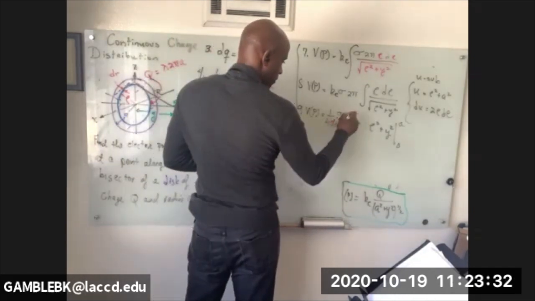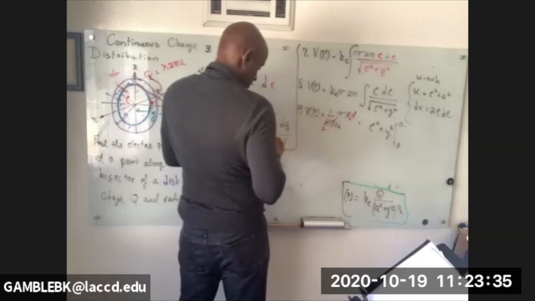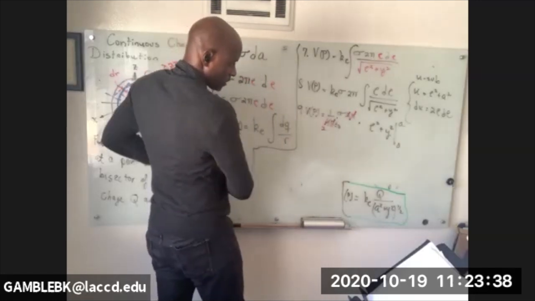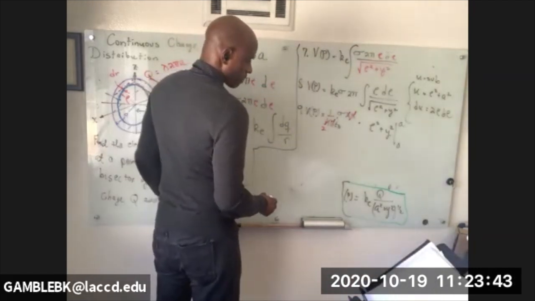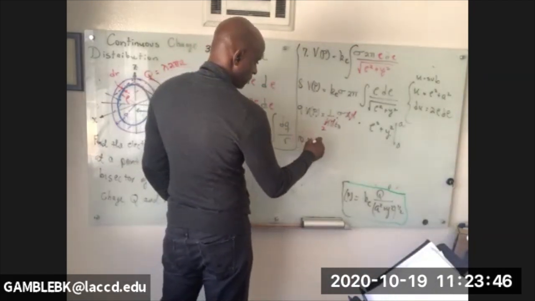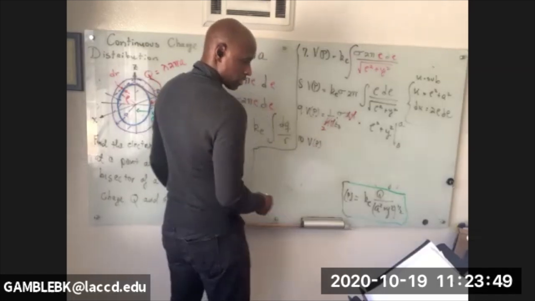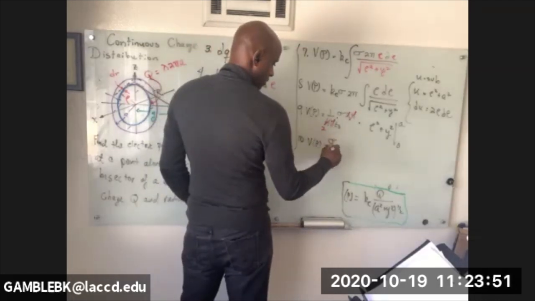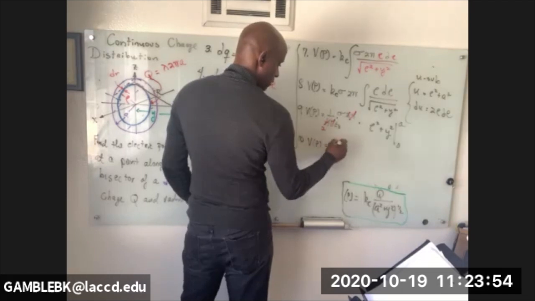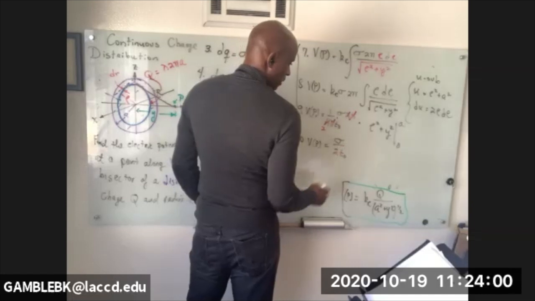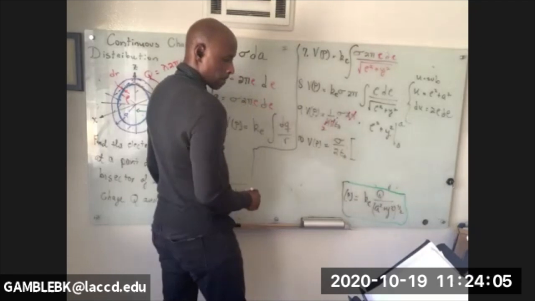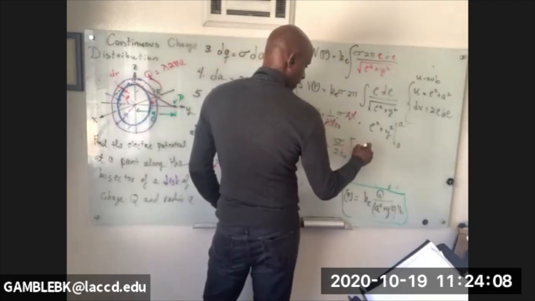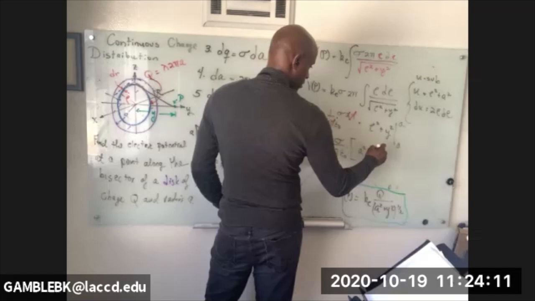So pi goes 2, and then leaves a 2 down here. So in the end, our final solution is going to be Vp. Outside, we will have sigma over 2 epsilon naught. And then when we put in the limits, we're going to get the square root of A squared plus Y squared